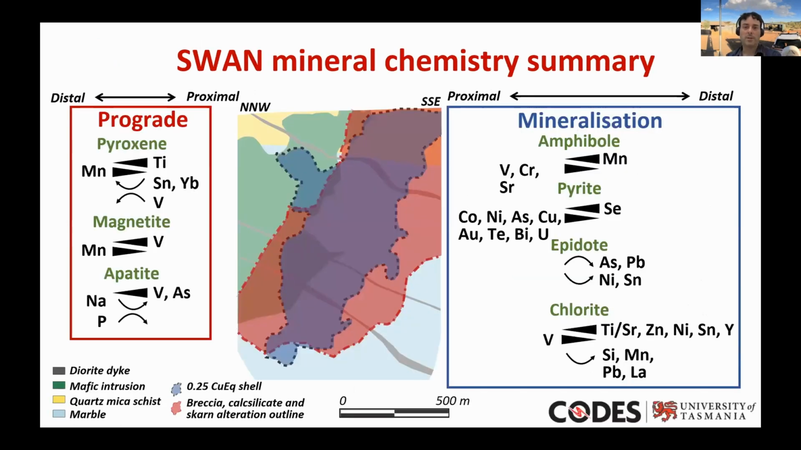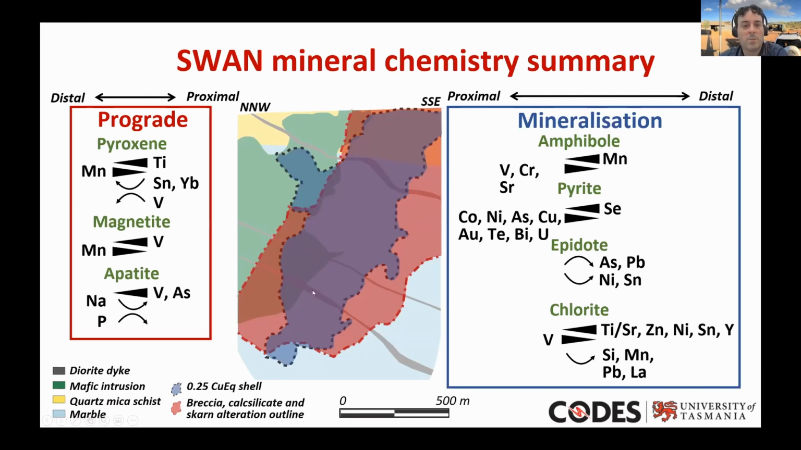All right, so we've done that for all the minerals I'm talking about. We have done that for pyroxene, magnetite, apatite, amphibole, pyrite, epidote, and chlorite. And basically, the shape of the profile is dictated by these elements. So if you go back to the amphibole on top that I just showed you, there was vanadium, chrome, and strontium, which is on the top right here. They tend to be in greater concentration towards the mineralization, which is the center of the screen, and it decreases as